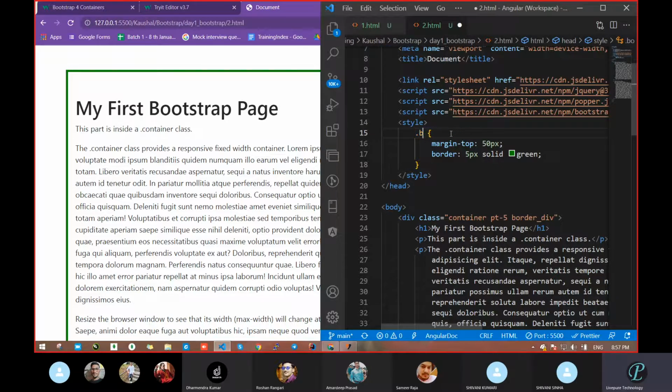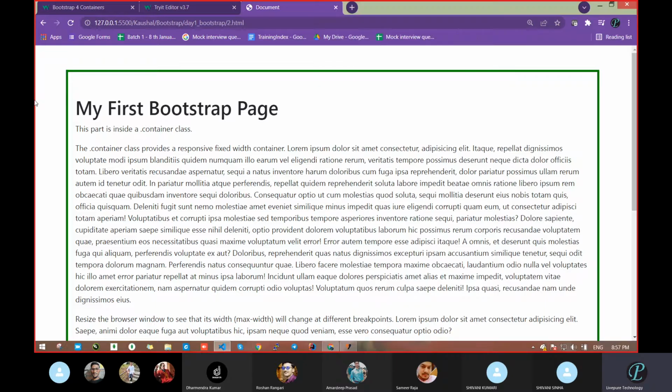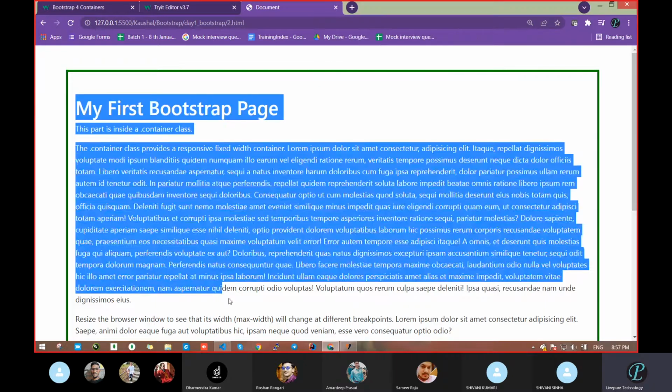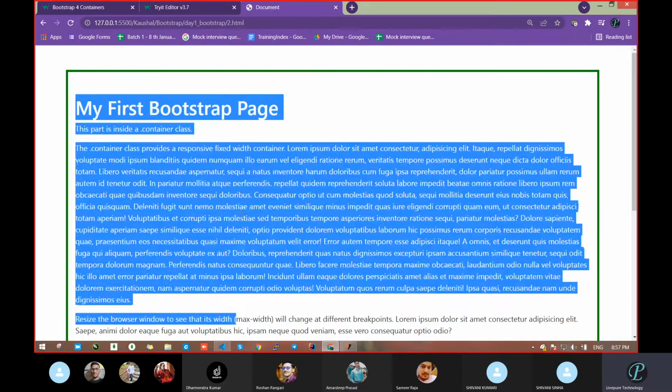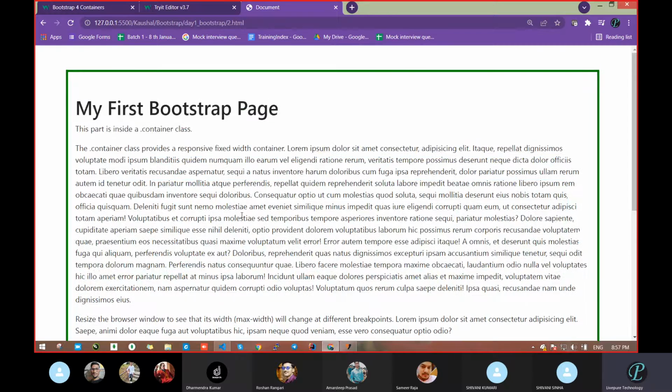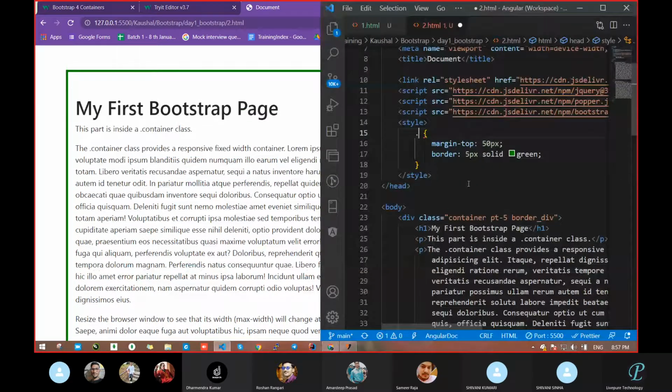What can we write for this one? We want to apply a border for this section. What name can you provide for this section? First remove that class name in line number 20. Give some class. What can I write? Div.